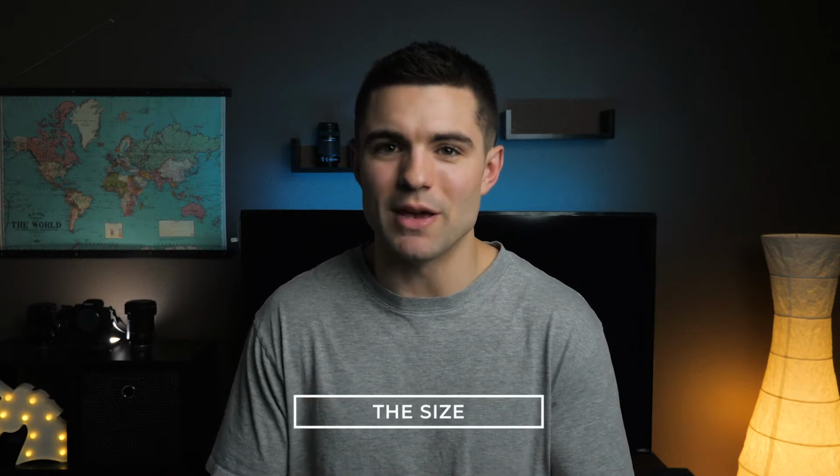The next thing I really like about this is how small it is. Now that might be a con for you if you're somebody who wants a really big setup. Whenever you're out in public, and for me, when I'm shooting with the Ronin S and I've got a big old camera on it, it just brings a lot of attention to me, which I don't like. I kind of just want to shoot what I want to shoot and go unnoticed